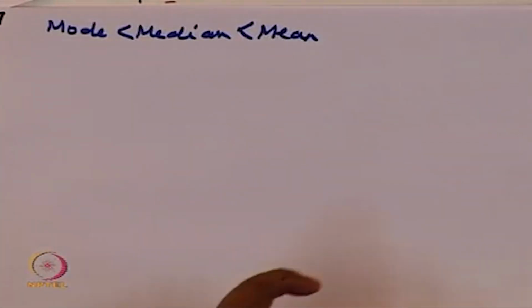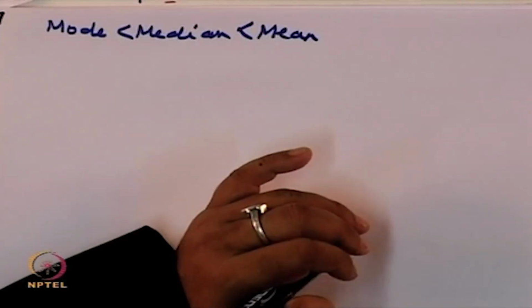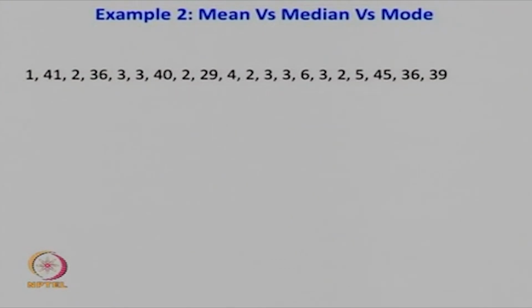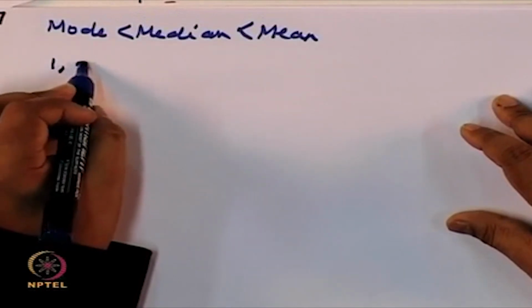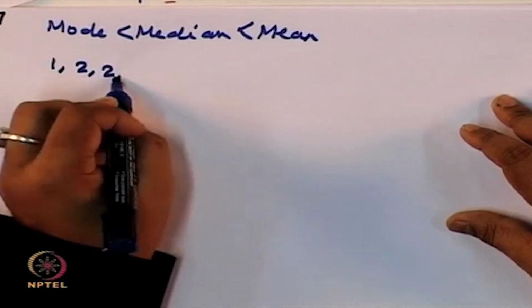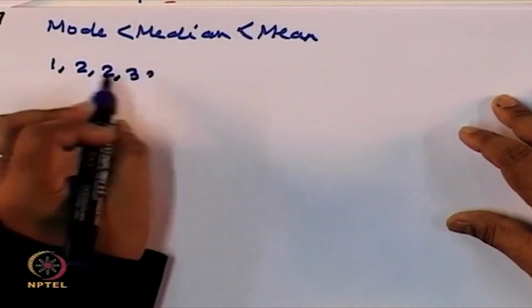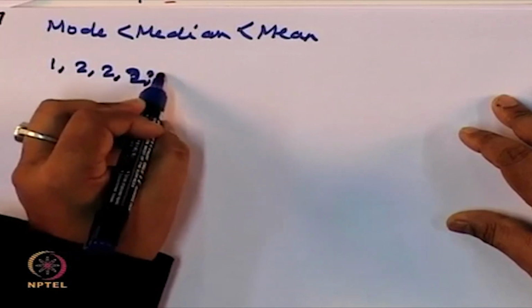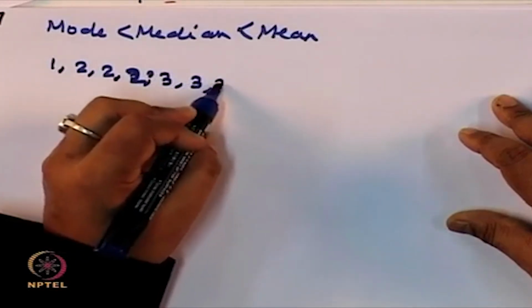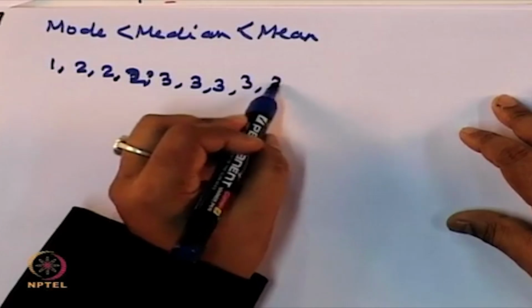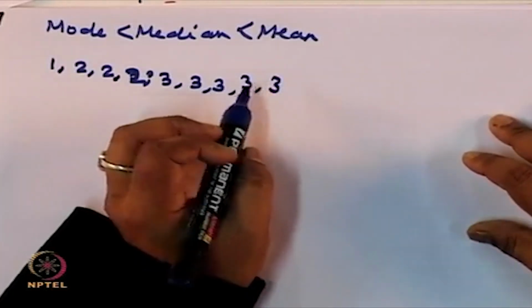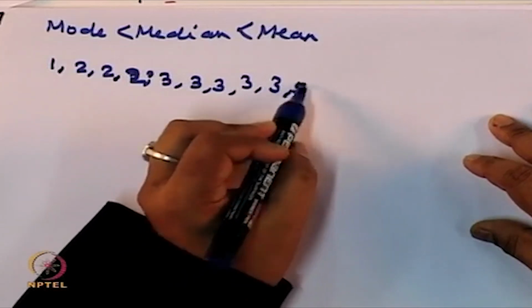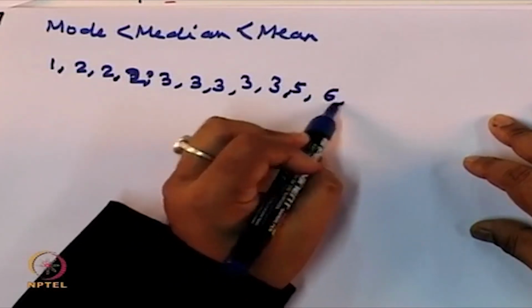Okay. So, let us consider the next example. So, if you look at the data set, and if I arrange them in order: 2, then 3, so there is another 2, then 3, 3, 3, 3, 3, there are 5 3s, there is no 4, there is 1 5, 1 6,